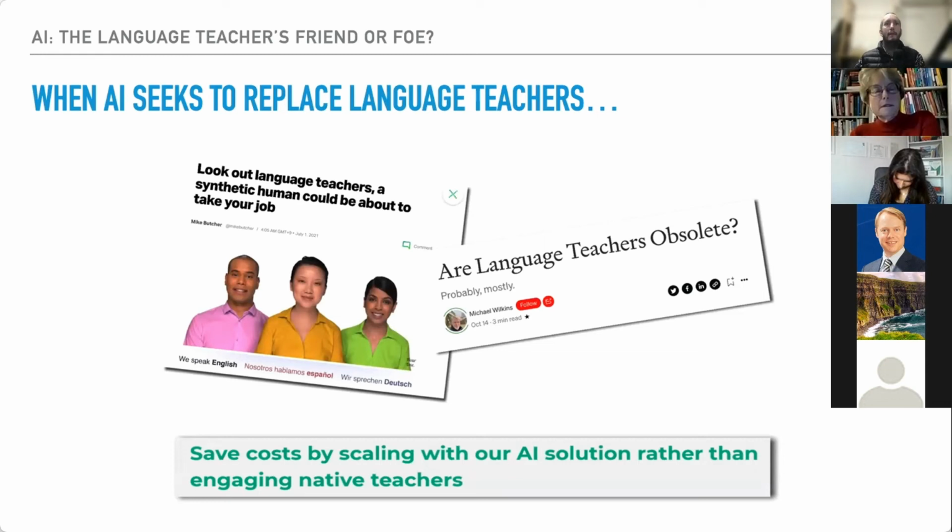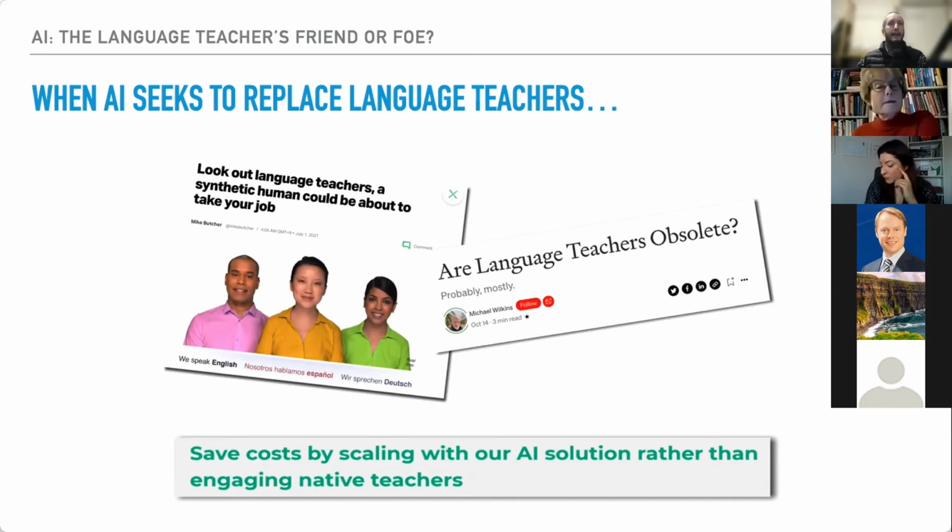We do get headlines like this coming up occasionally in our news feeds. One is news about some synthetic humans could be taking your job. This is similar to what I showed you previously with the speaking deepfake avatar. They're called avatars. Berlitz actually has already done this. So this is already happening. Berlitz has released a course of language learning that uses synthetic avatars to deliver the content. This guy, Michael Wilkins, is saying that language teachers are pretty much obsolete. You can Google that if you want to read the whole article.